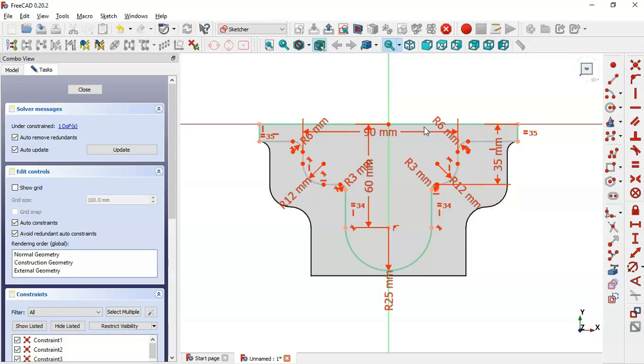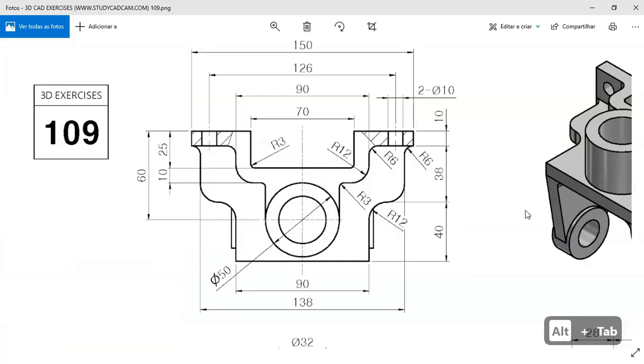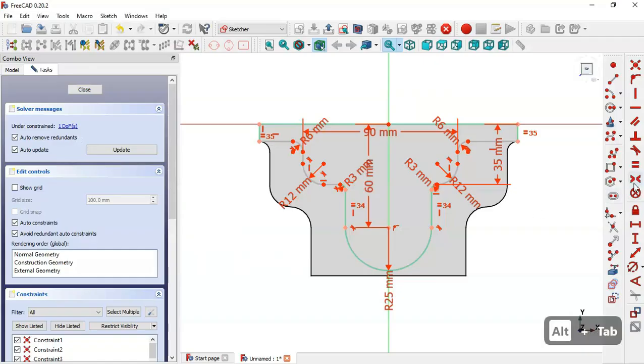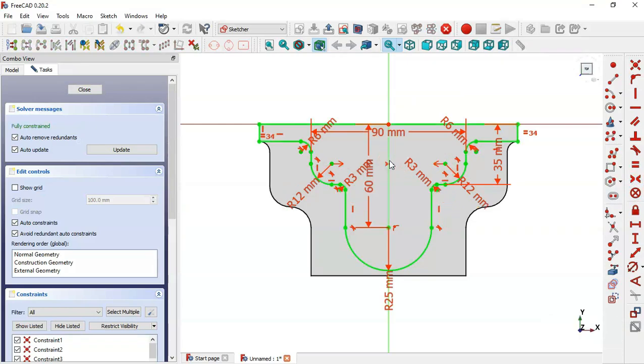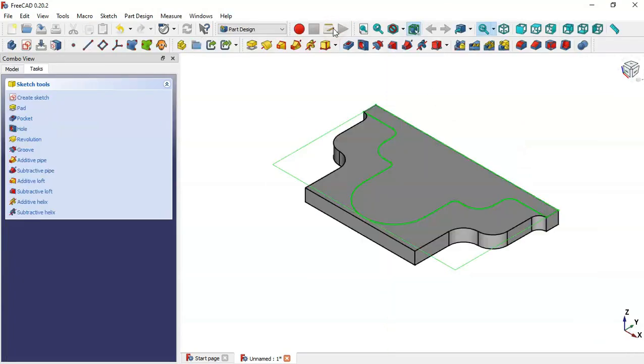So what we'll do here is to set a symmetric constraint. Let's try that. Select this tool here and now these 2 points and now this vertical line and now the sketch is constrained, so we leave the sketch and we go to pad tool,